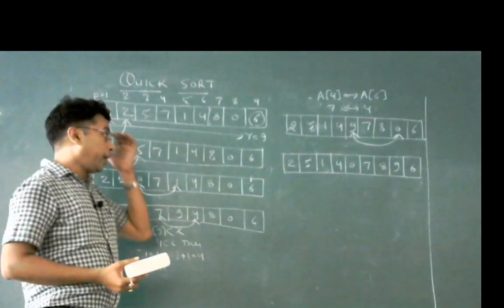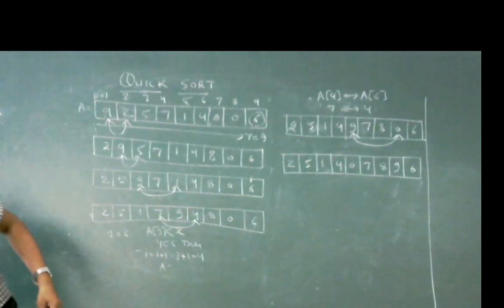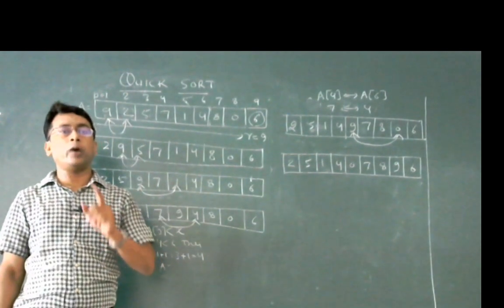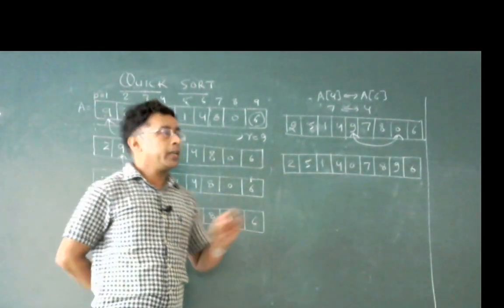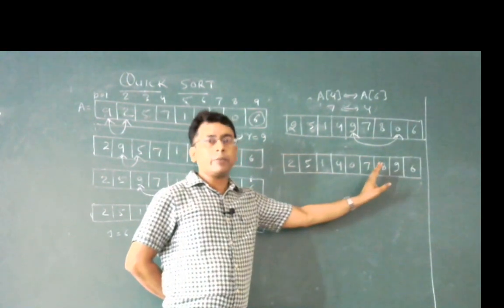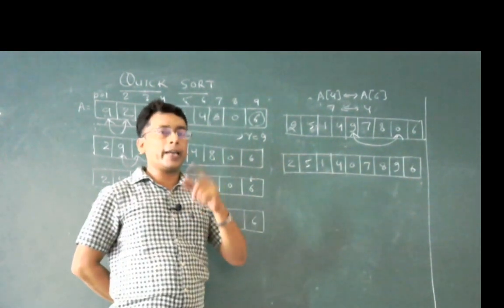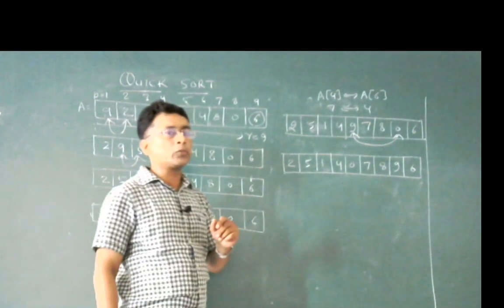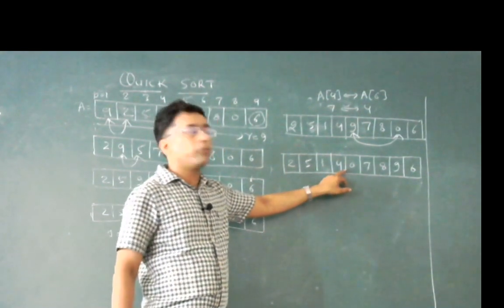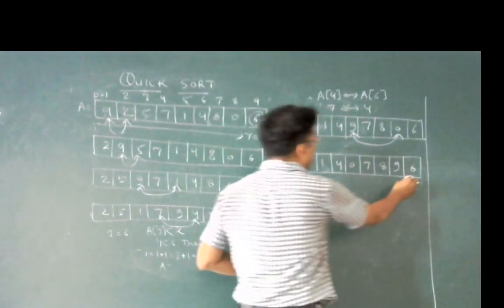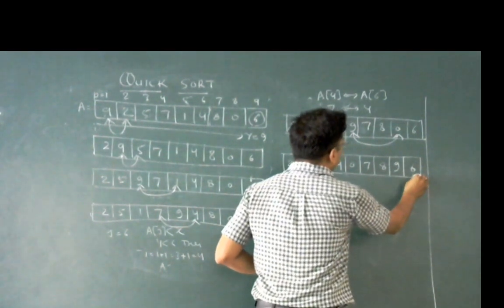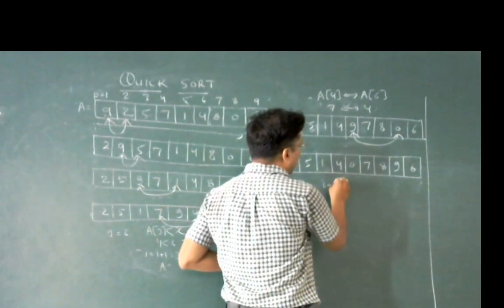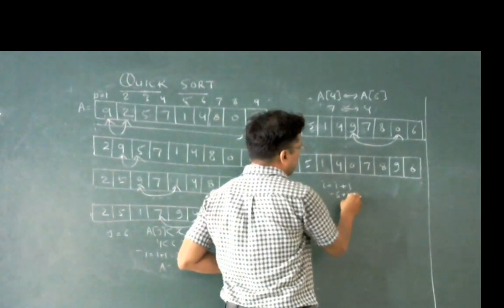Okay, and finally we have reached the end of the loop, because the for loop was from j equals to p to r minus 1 and r was equal to 9, and we have completed the loop. At the last we get out of the loop and perform the final exchange operation at the position i plus 1. The i value was at position 4, then it became 5. So at the last, i equals to i plus 1 equals to 5 plus 1 equals to 6.